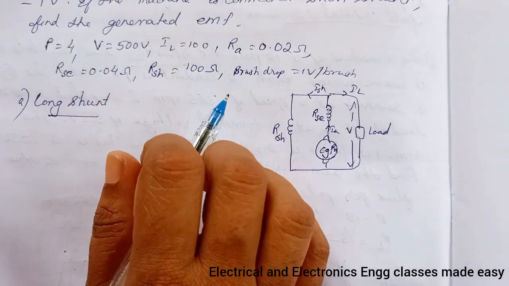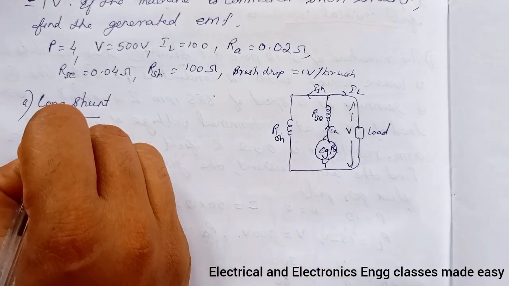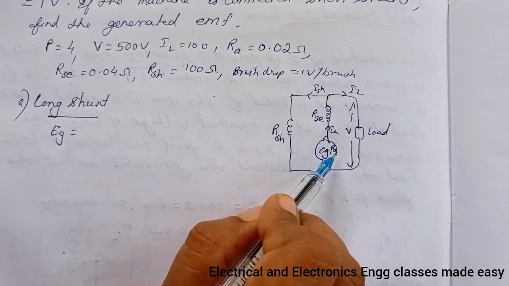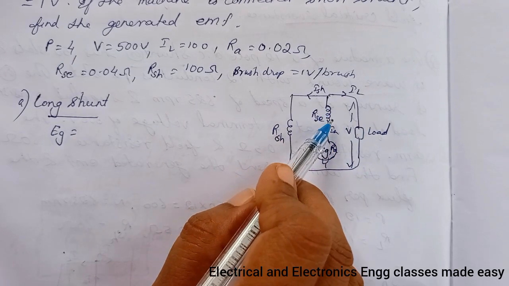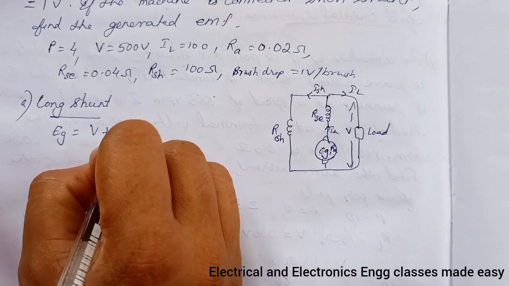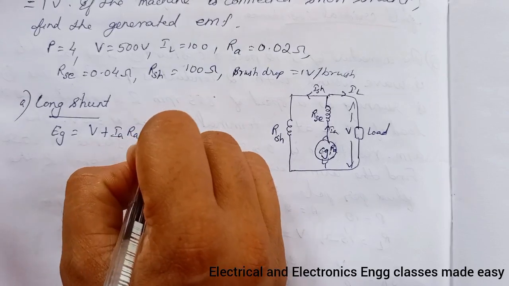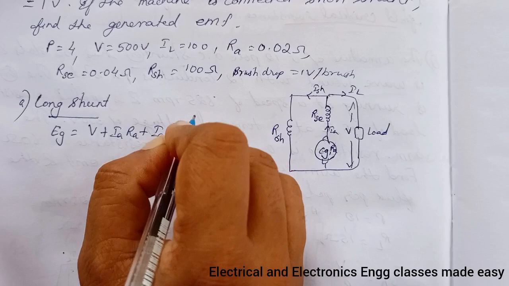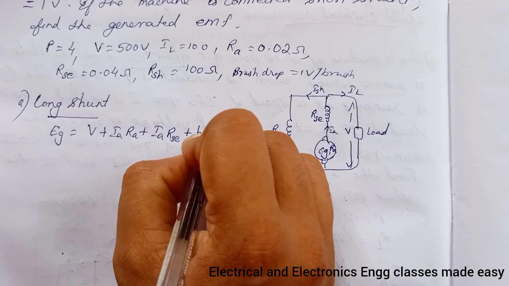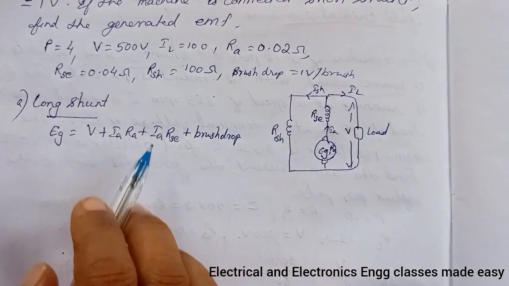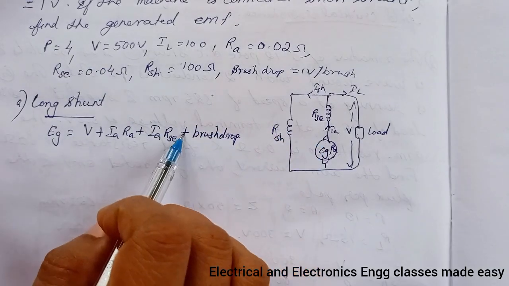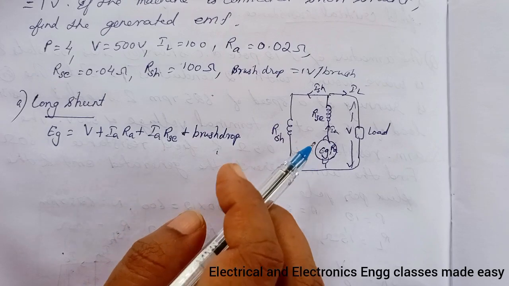generated EMF. So here the generated EMF Eg is equal to V plus the drop in the armature plus the drop in the series field. So Eg is equal to V plus IA RA plus IA into RSC plus we have to consider the brush drop. It is given as 1 volt for each brush, so we have to write it as 2 volt because there are 2 brushes,